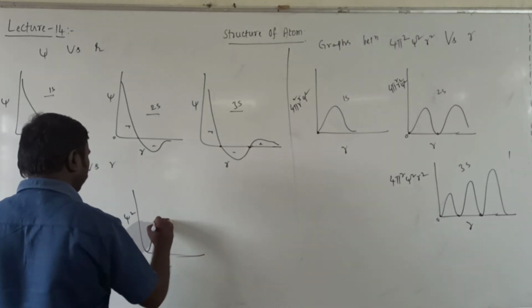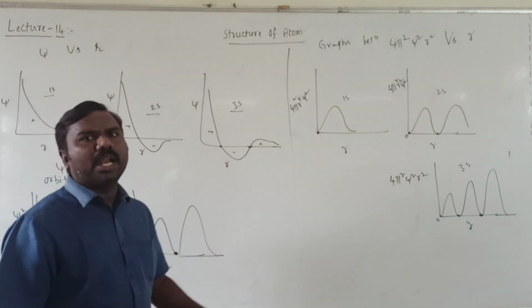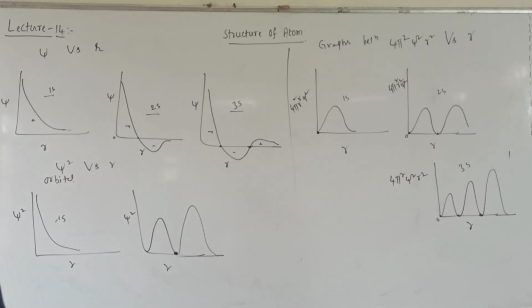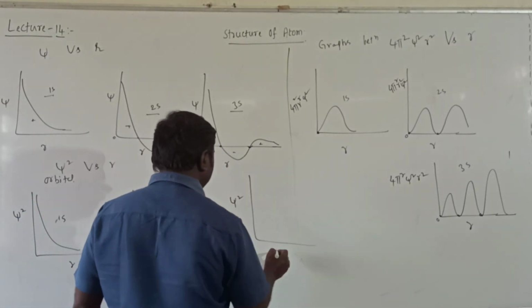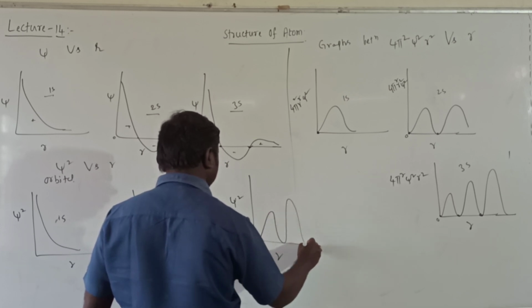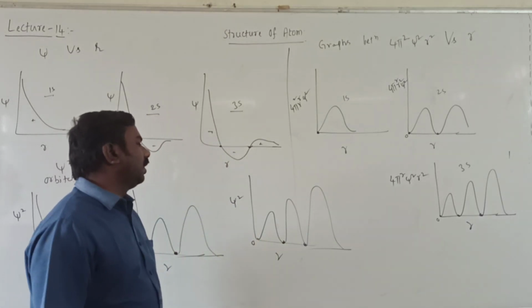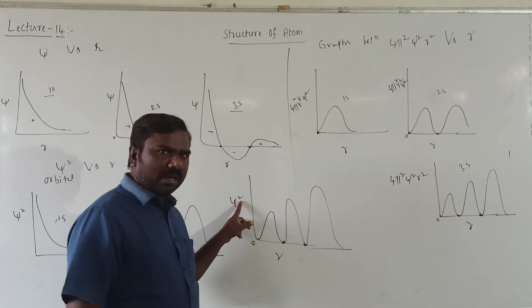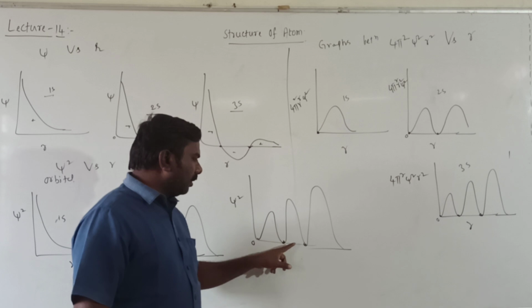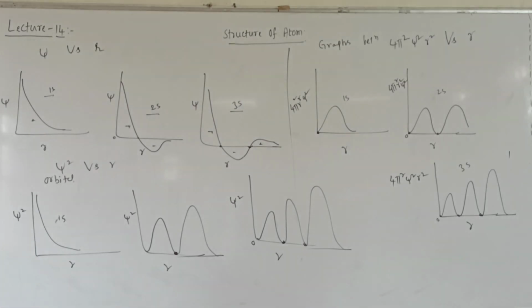This is 2s, right? At this area there is no electron density, that's why it is 0. Another one is 3s, psi square versus r. Yes, so this is 0. So here the probability of finding an electron will be 0. This is psi square orbital, maximum probability of finding an electron. It becomes 0 at these 2 points, right? These are the graphs for nodes and